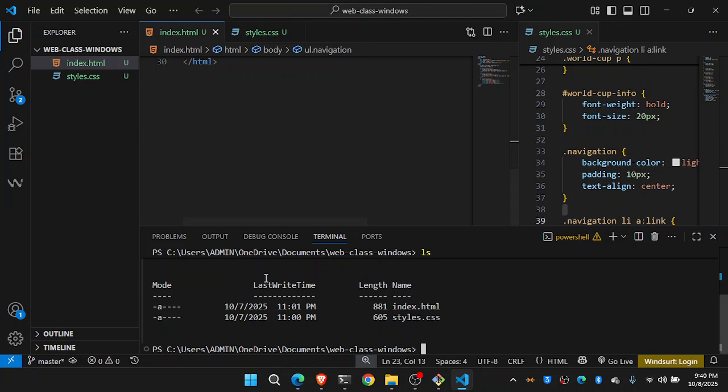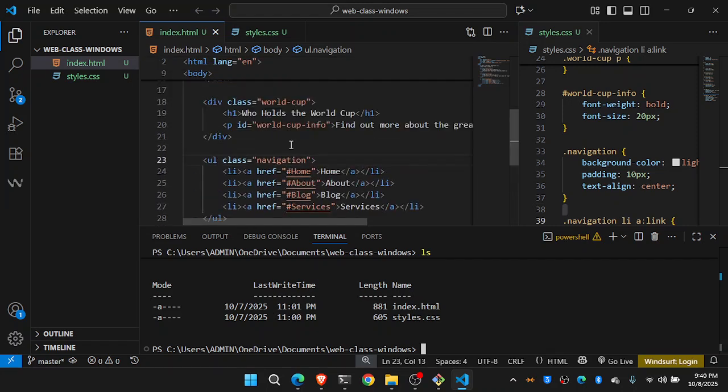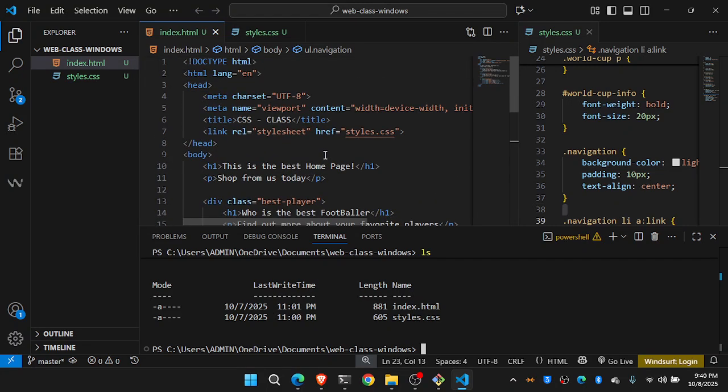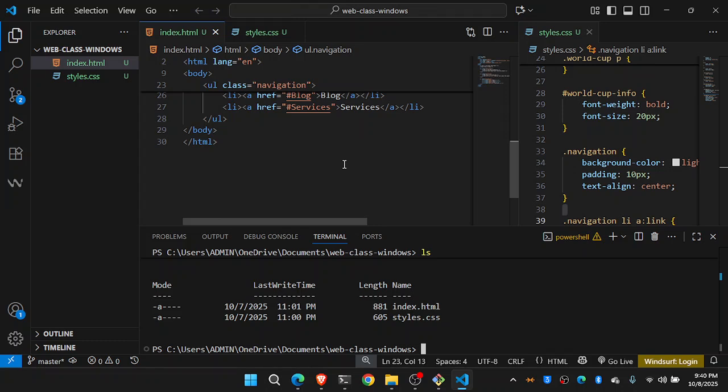It's just this. If you look at the last write time that is showing us, it is telling us that it was yesterday you wrote last into this thing. It starts with the month first, then the date, then the year, and then it gives you the time, the last time you wrote into this